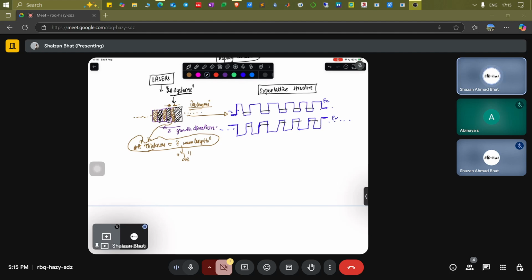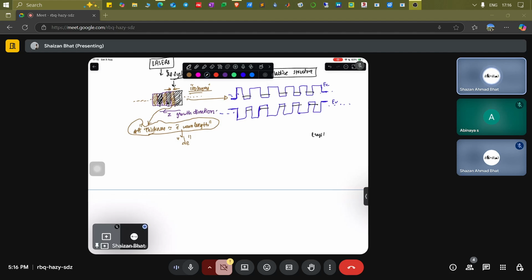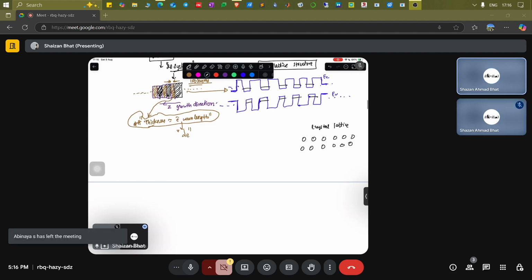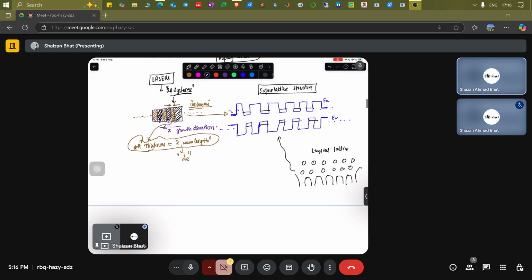When you have multiple layers just combined together, or I should say deposited one over another, they give rise to a superlattice structure. Why is it called a superlattice? Because it's just like an artificial lattice you have formed. If you talk about a crystal lattice which nature has given us, the crystal lattice has atoms arranged in a periodic fashion, and that gives us a crystal potential which looks something like this because of the nuclear potential. In a similar way you are making it artificially by depositing one layer over the other, and you form the superlattice structure.